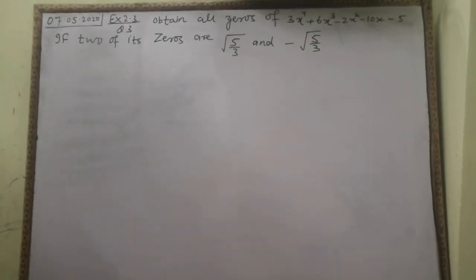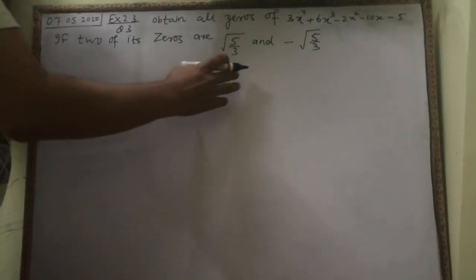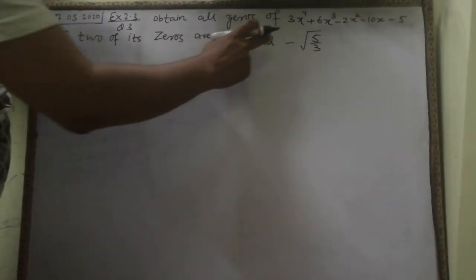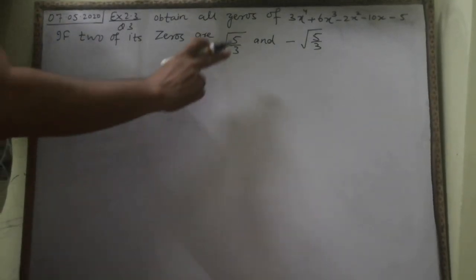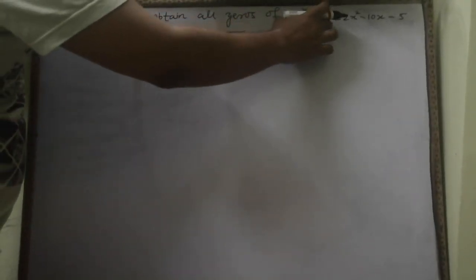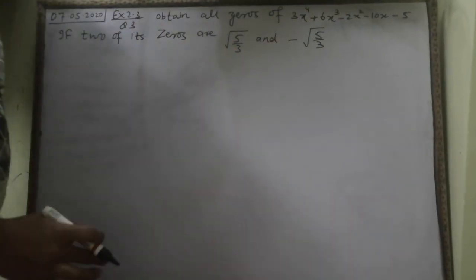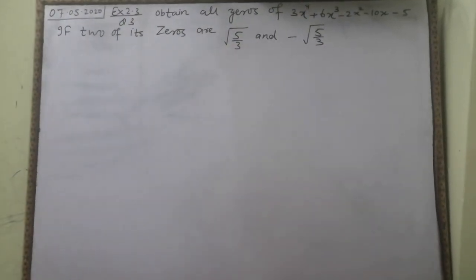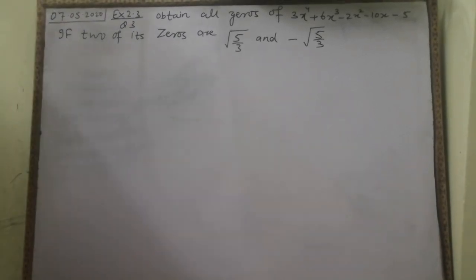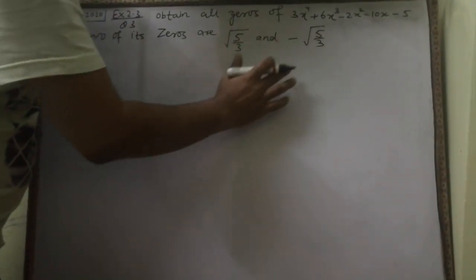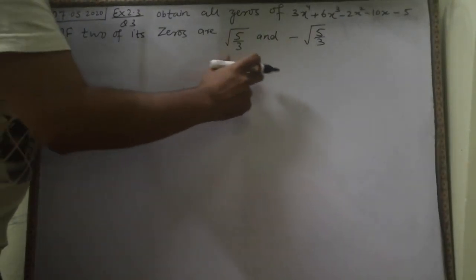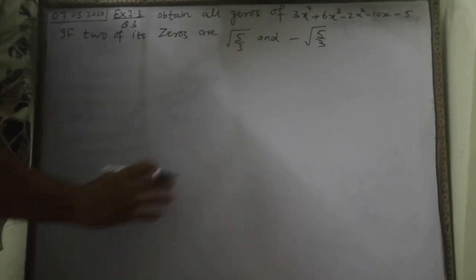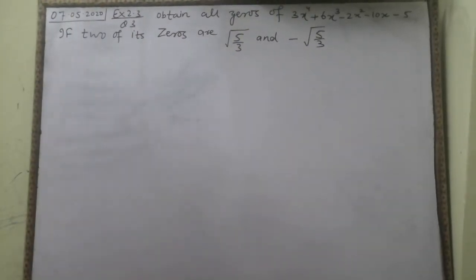Here I will tell you something about that. What is the polynomial and how many zeros are there? Here you can see that the degree of the polynomial is 4, and as we know, the maximum number of zeros of this polynomial will be 4. It is equal to the degree of the polynomial, and out of 4, 2 are given. With the help of these two zeros, we are able to find the next two zeros, and you will see how we will find them.